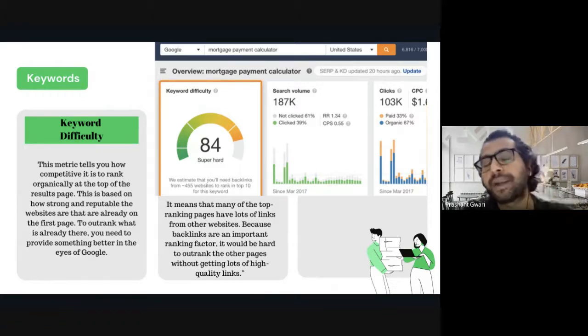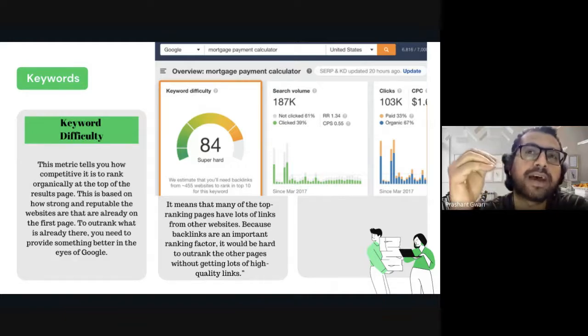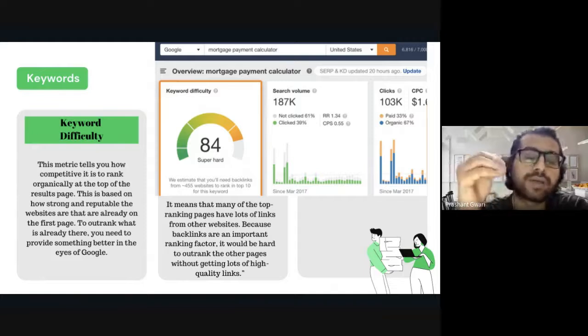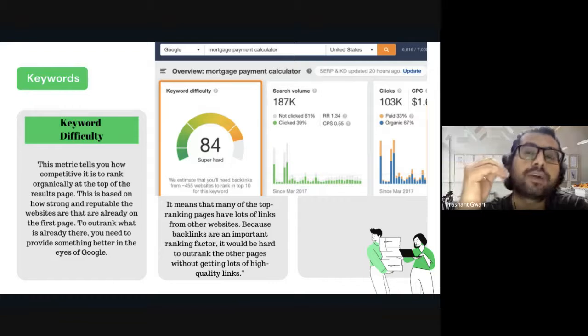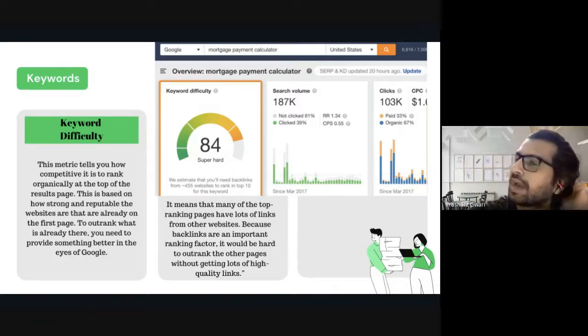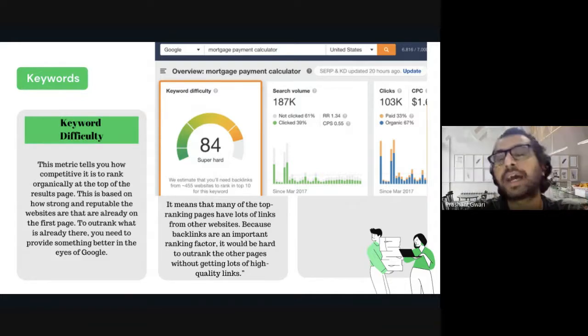So what happened? He lost. And if you type best on demand package, you will find the websites of Make My Trip, Goibibo, Holiday.com, Oyo, Yatra.com. Because those websites are more reputable, those websites have more website traffic, and they have been doing business for more than 10 to 15 years. Obviously, they will win this race. So in that case, you have to provide something totally different and something better in the eyes of Google.